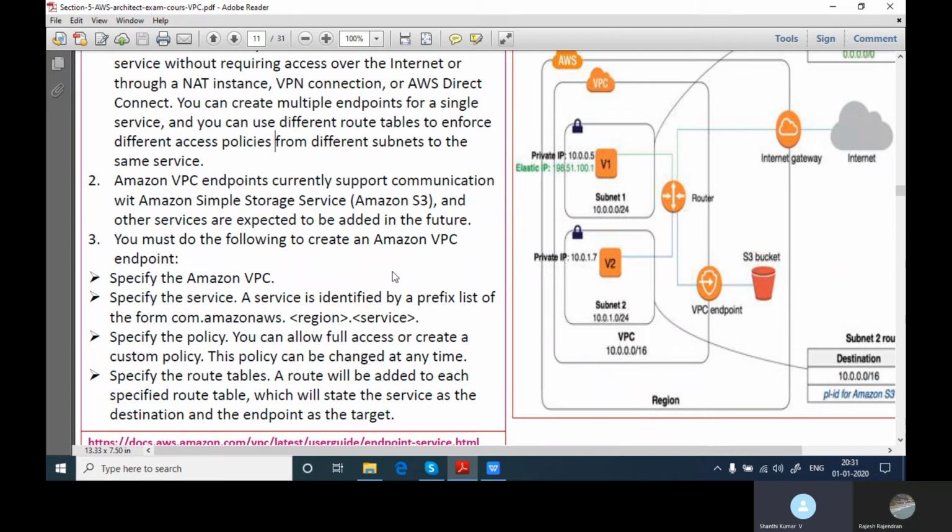Okay, so you must do the following to create the VPC endpoint. Specify the Amazon VPC which you want to choose, and specify a service. A service is identified by a prefix list of the form